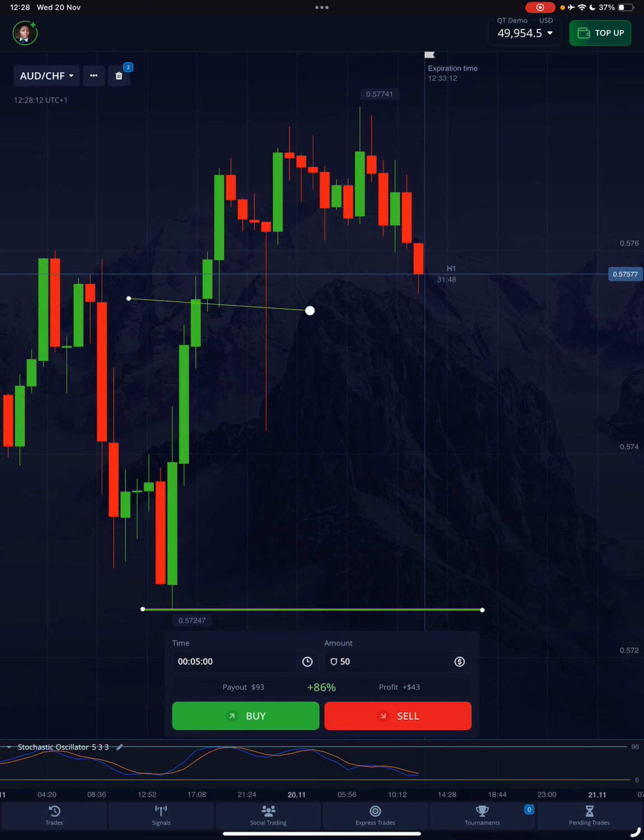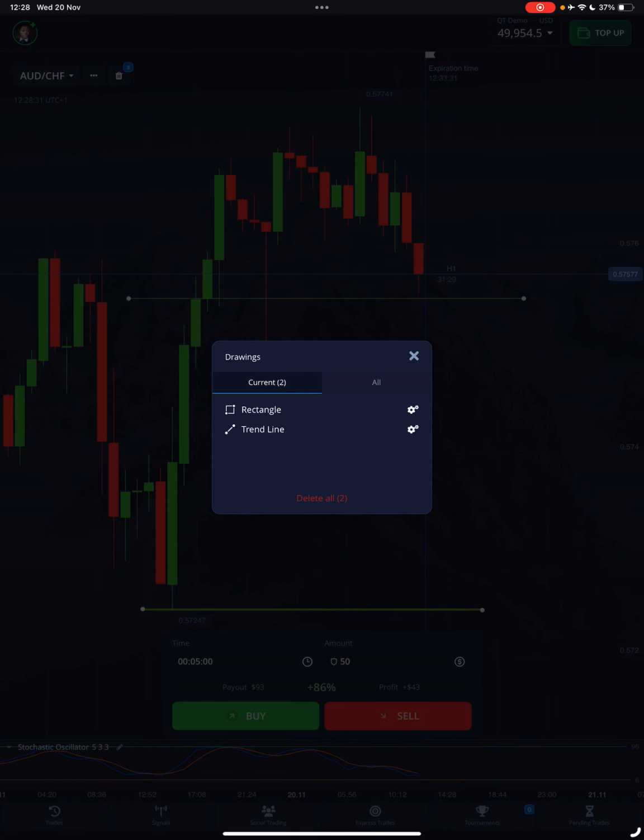So the reason we can't use this tool is you need to have experience on how to draw a line to be very straight. I can do it because I've been trading for a while, but I cannot burden you guys with that. You will not go and draw a line and it will look like this and become a problem. This line and this line are not the same. So that's why I'm saying let us use